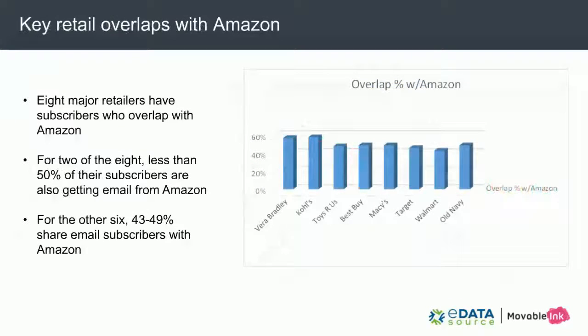Here's a graphic that shows the percentage overlap with Amazon for 8 major retail brands whose names you know. For 2 of them, almost half of their email subscribers also get Amazon email. For the other 6, the overlaps are almost that large. The point is that if there are this many shared customers with Amazon, it really matters what Amazon does because they're likely to be your competitors